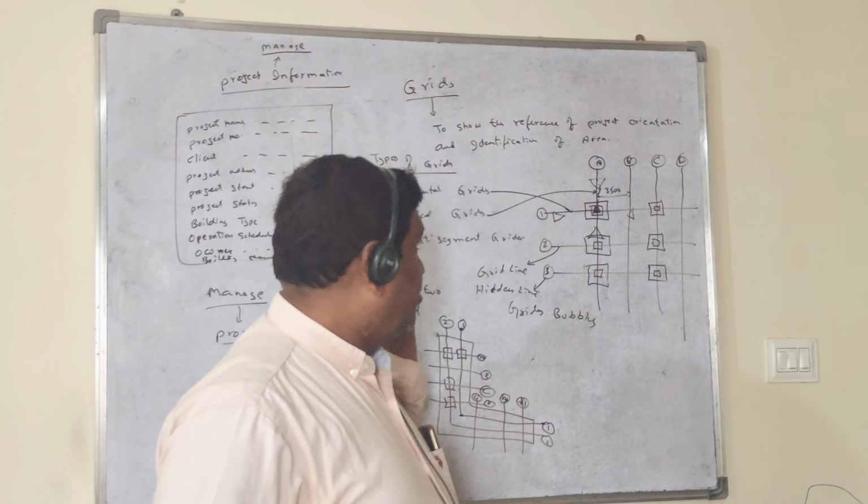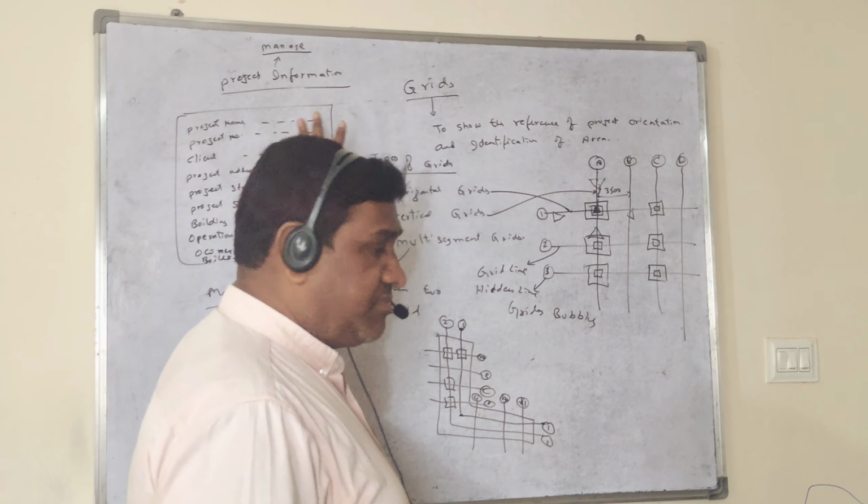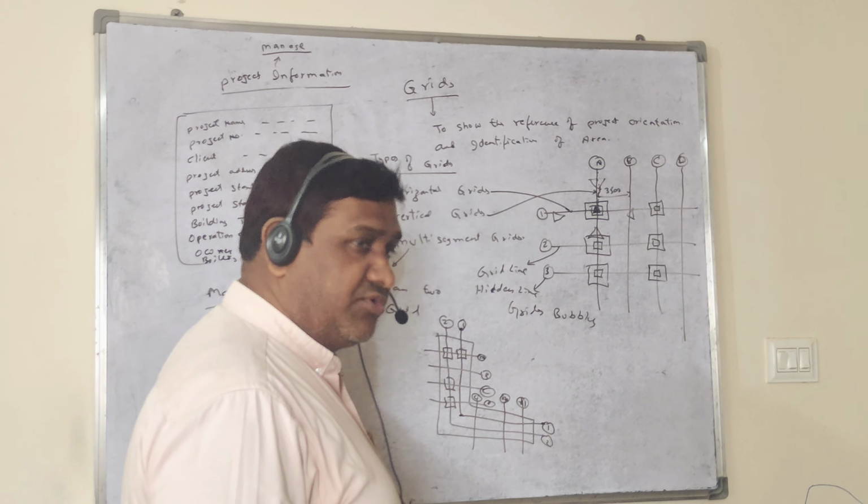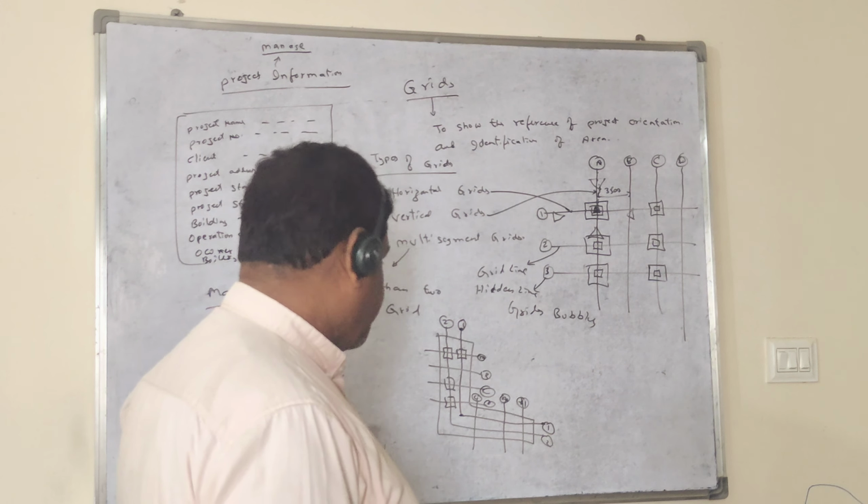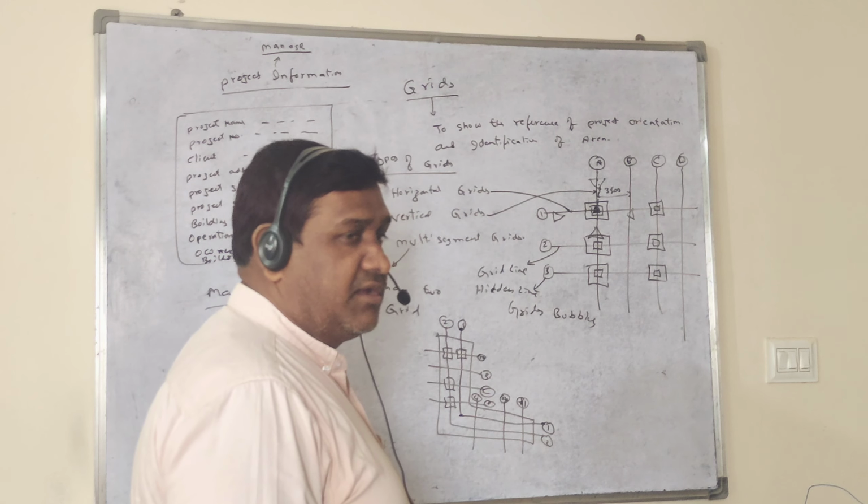Okay, clear? So how to place the grids, it's clear. What type of project information you have to enter, that is clear, am I right? Then project units, this is also clear. Okay, so now